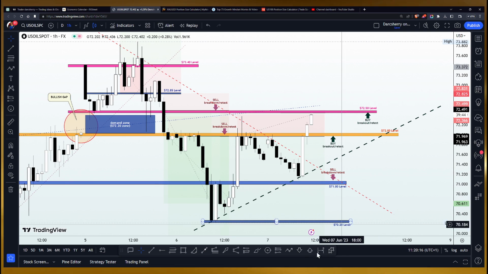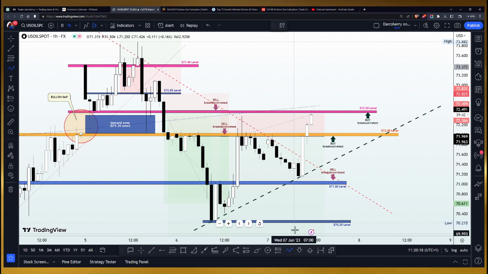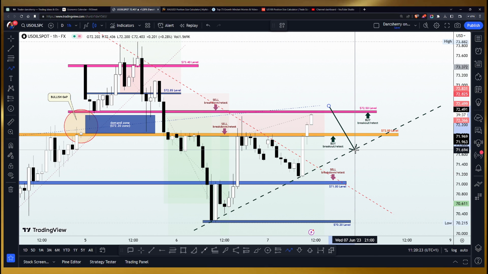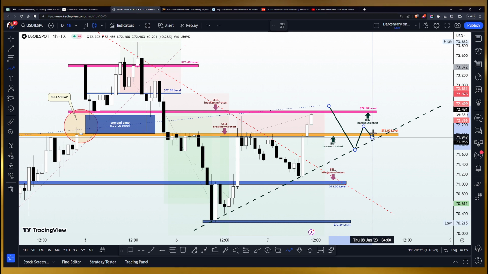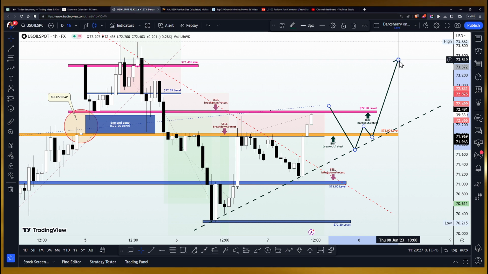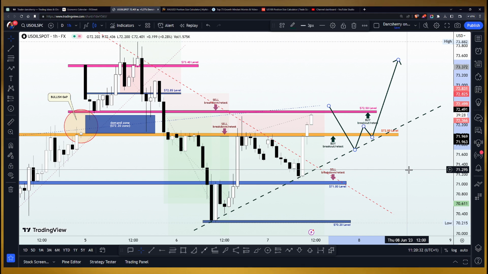But one thing I would like to state here is that there is still a possibility that price action could still drop back into the trend line at any point in time to incite another wave of bullish momentum. So we want to keep this in mind too while we continue to monitor price action here.